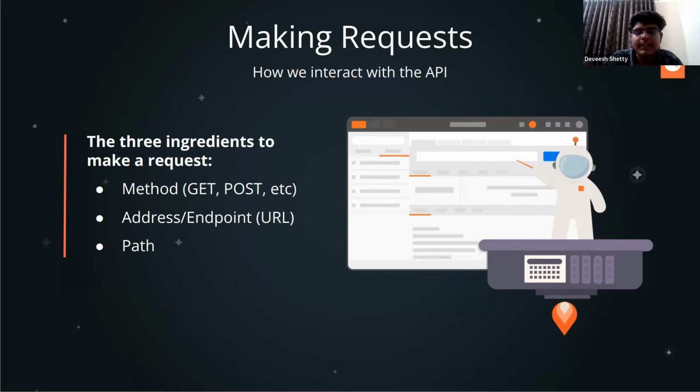Another example related to that: you went to an ATM and you put in your card and it will ask you two options, withdrawal or deposit. Withdrawal means you are getting money from the ATM. That's a get request. Or if you are depositing money, it's a post request. You are putting money into the ATM and it will reflect in your account. That's a simple analogy which will help you understand.